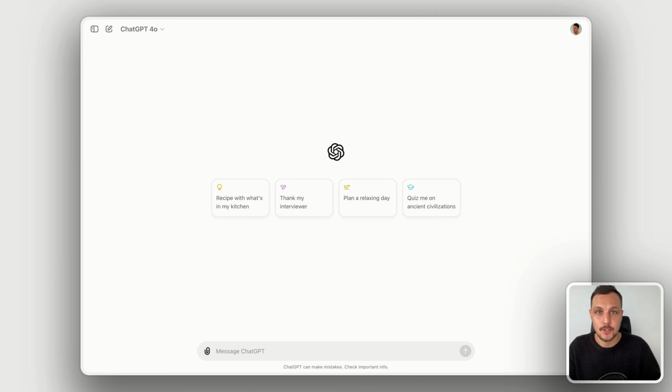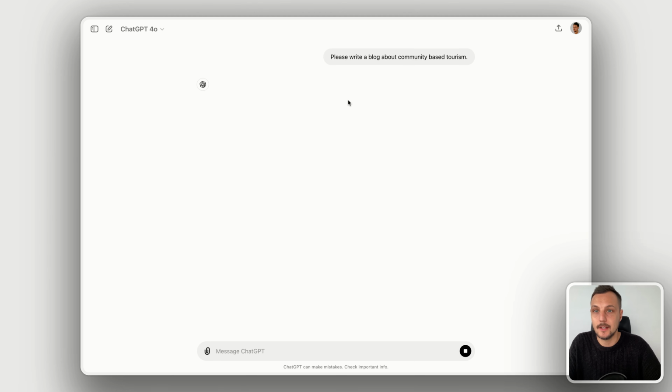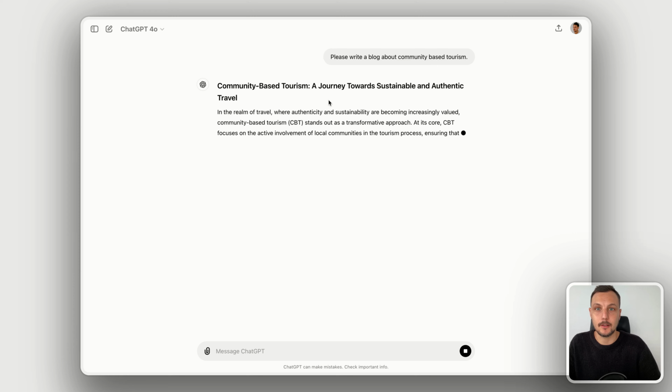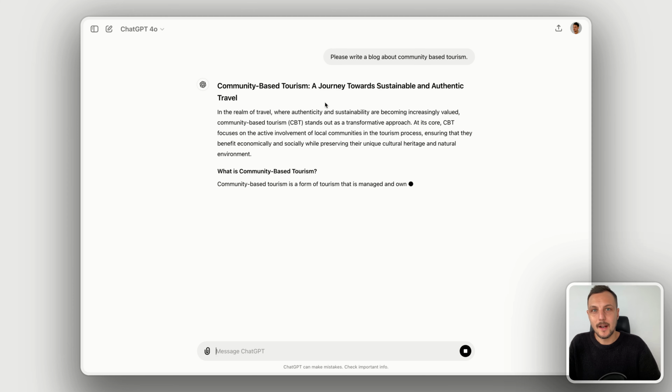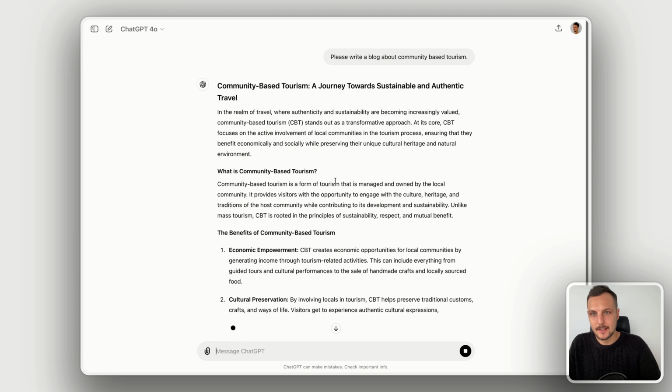When using AI to generate content for your business, specifically something like blog content, it's really important to understand that it will write and generate content even if you do not give it clear instructions. While this sounds powerful, it can also be quite dangerous. So let's see as an example what happens when in ChatGPT I simply create a prompt saying, please write a blog about community-based tourism. Now quite instantly, the AI is creating this article, and we can see that it clearly